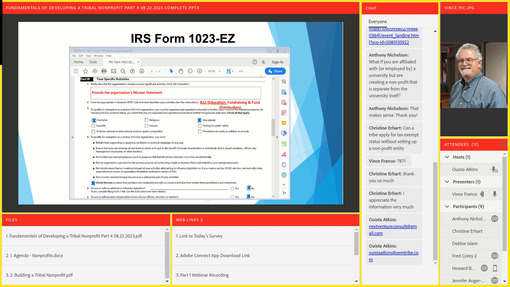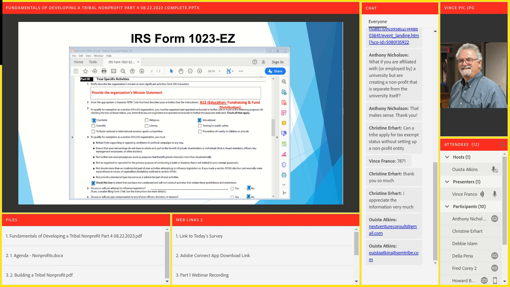Or for testing public safety, or for the prevention of cruelty to children and animals, even though you might overlap into that area, especially with children. And if you have an issue about violence on the reservation, or spousal or child abuse or elder abuse, that's fine. It does not make that the sole purpose of your charitable organization.